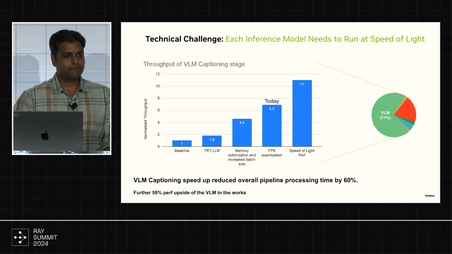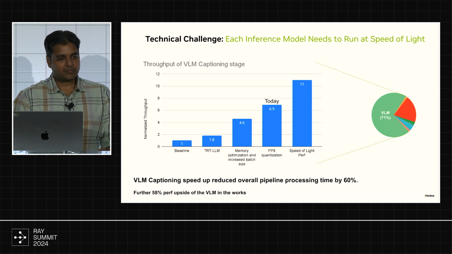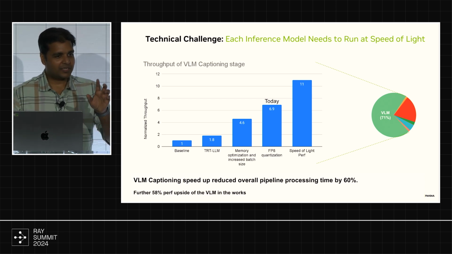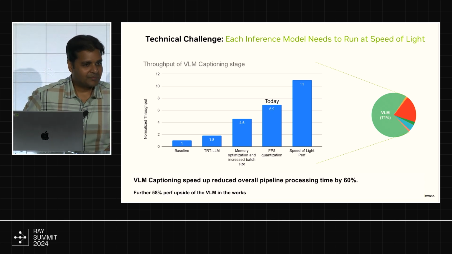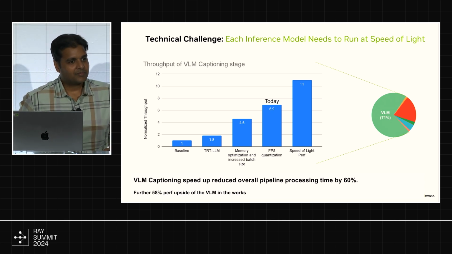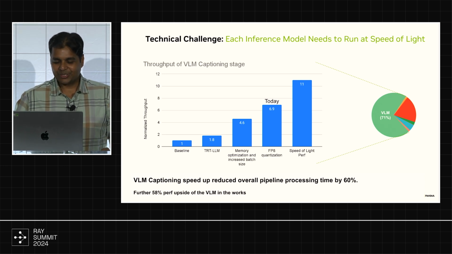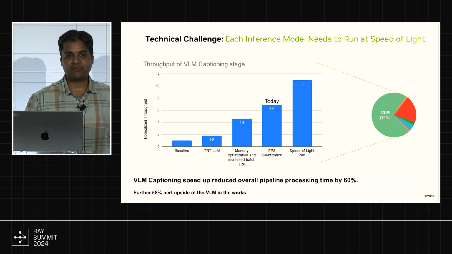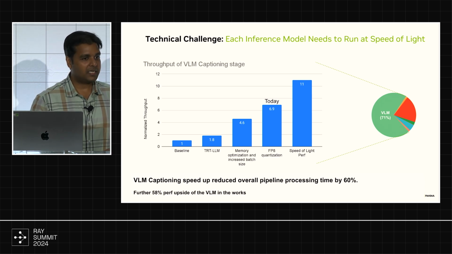I had two questions actually. One was, do you do this same optimization every time you're updating your VLM? You said you're doing this every month. Would you be doing this optimization every month whenever a new VLM comes in? Great question. Do we do this optimization every time there's a new VLM? The great news is this is an industry standard problem. There are a lot of people doing inference, and there's infrastructure out there. You look at this TRT LLM thing.